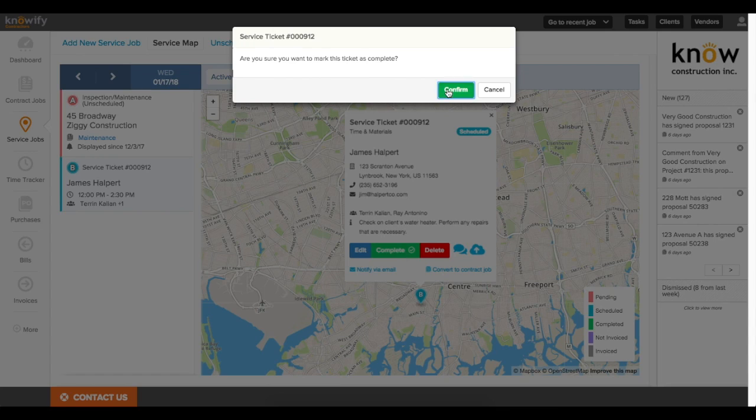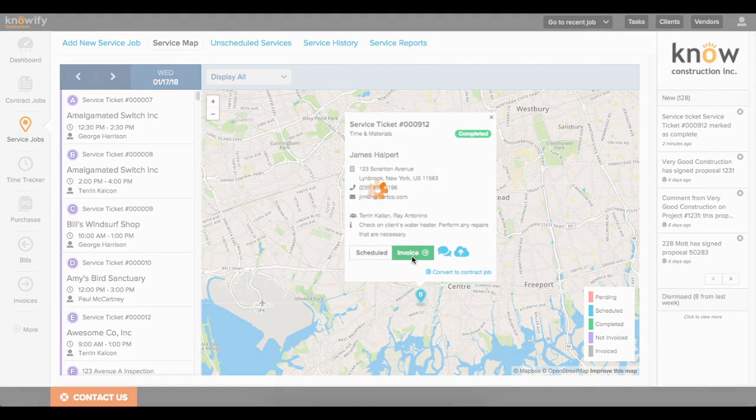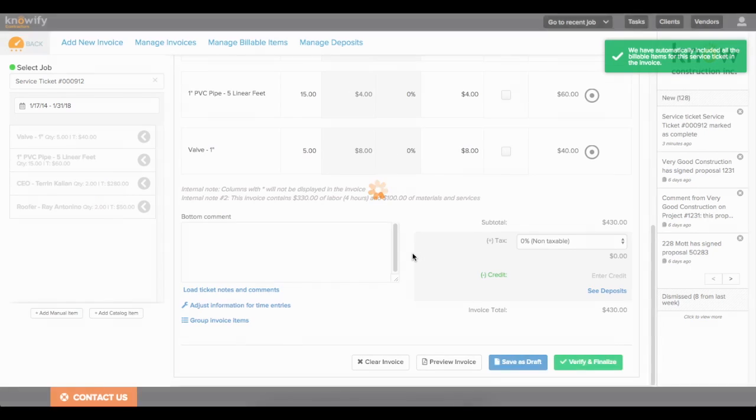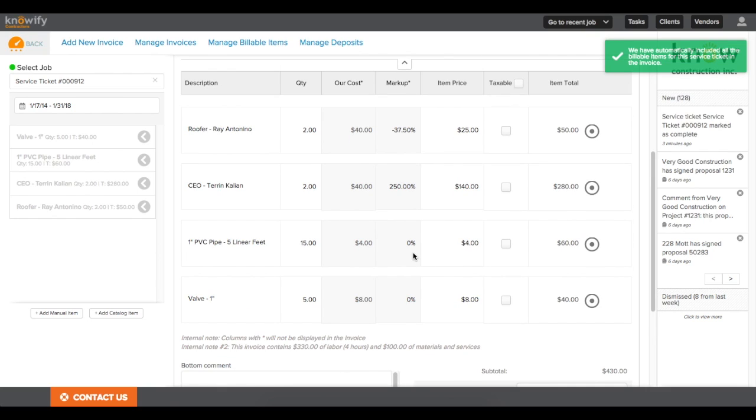But I'll go ahead and just mark this job as complete, and you'll notice that it automatically pulls up the invoice button. So all I have to do is click here, and Knowify will pull in all of the time and materials that I have allocated against this job so we can submit an invoice to the client for all of the information. And you can see that the invoice form is pretty similar to what we had with progress invoicing,